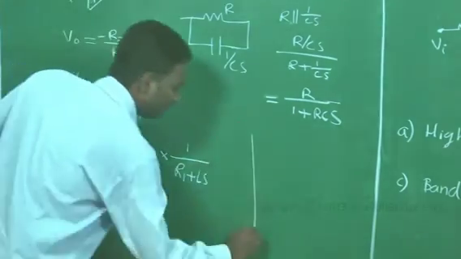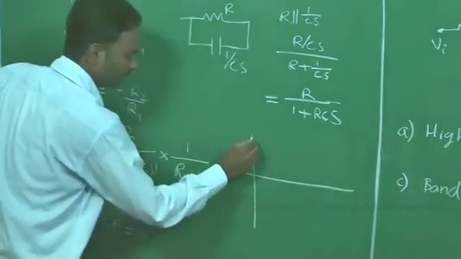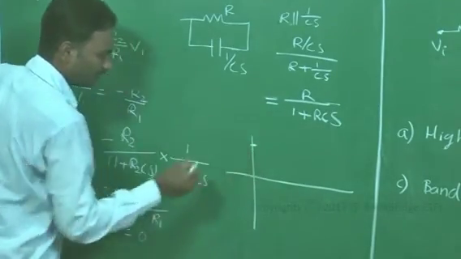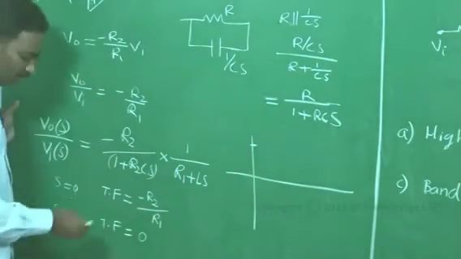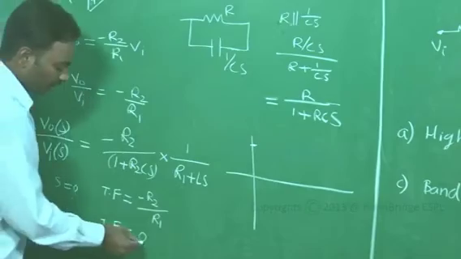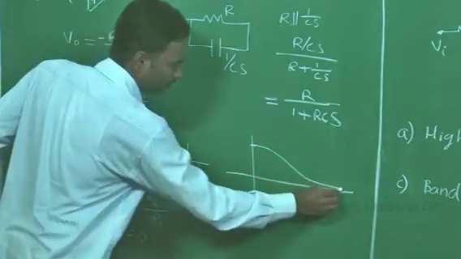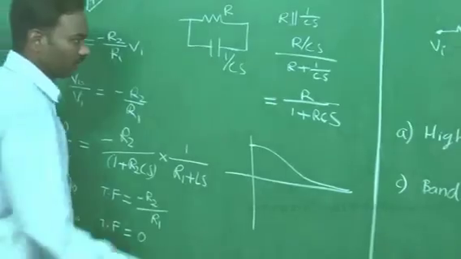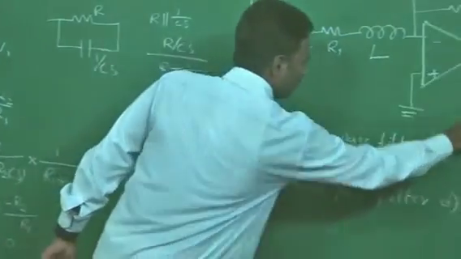So, drawing the frequency response of this function, we can write that at S equals 0, that is at DC, it has some finite value. As frequency increases and as S approaches infinity, the transfer function becomes 0. So, this represents a low pass filter. So, from the given options, the right option is answer B.